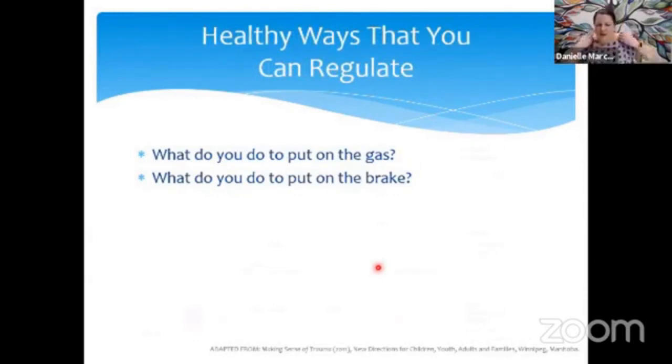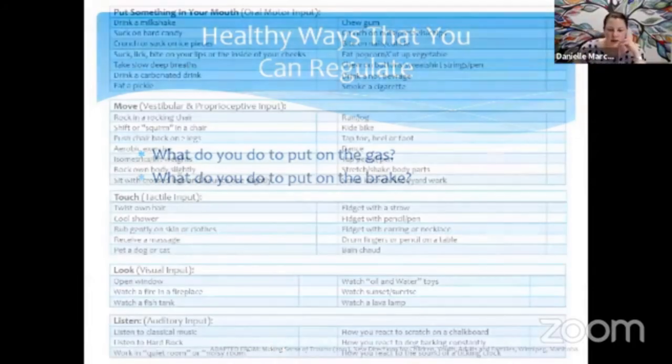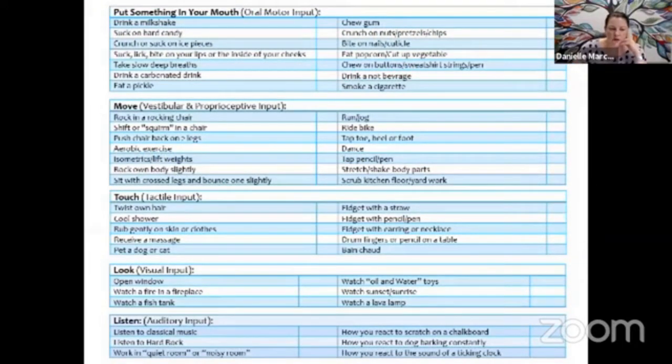So I'm going to attempt to do a little activity. Hopefully it'll work and people will participate. I want you guys to think about what you do to put on the gas or to put on the brakes. In the next slide, we have a list of things that people often do to either bring their arousal level, their alertness level up, or to calm their alertness level to bring it down. And as you'll notice, it's based on senses, pretty much. So you have oral input things, and then you have movement, which is a really important way to regulate, touch,